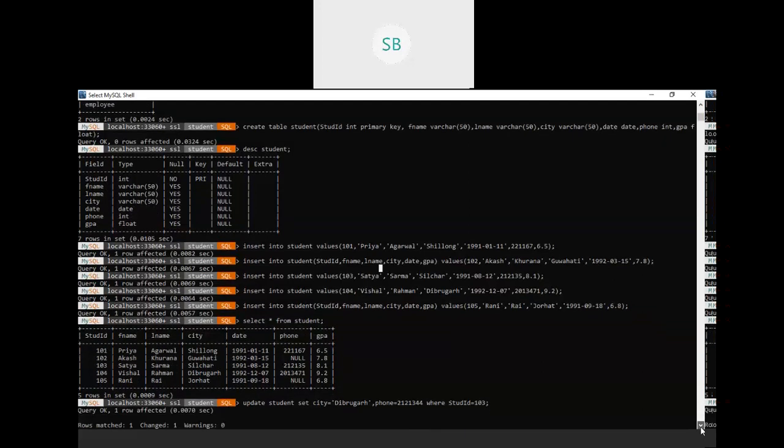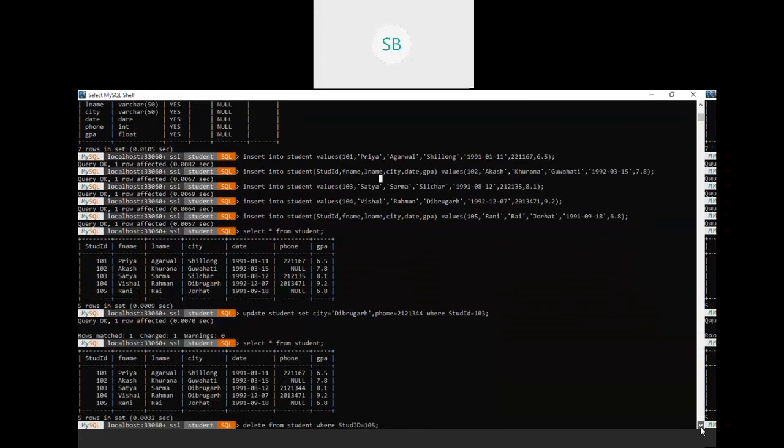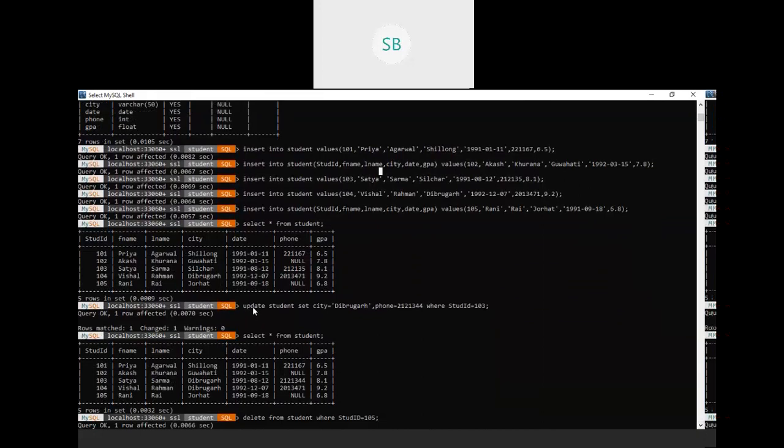It is update student, where update is a command, then student is the name of the table, then set city equal to Dibrugarh, comma, phone number equal to this one, where student ID equal to 103.